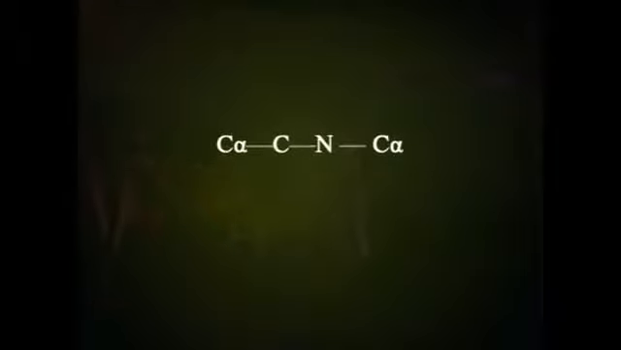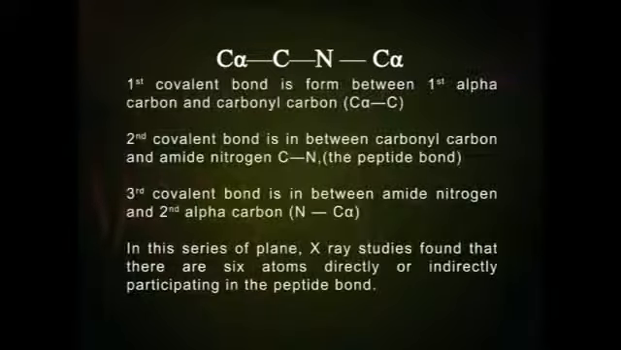In the figure, the first covalent bond is formed between the first alpha carbon and the carbonyl carbon, the second covalent bond is between the carbonyl carbon and the amide nitrogen, the peptide bond, and the third covalent bond is between the amide nitrogen and the second alpha carbon. In this series of planes, X-ray studies found that 6 atoms directly or indirectly participate